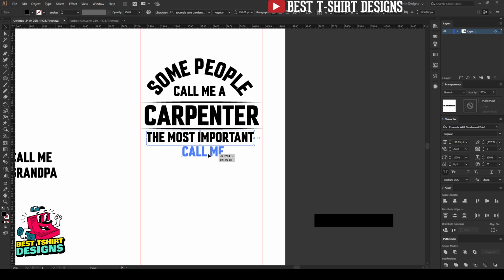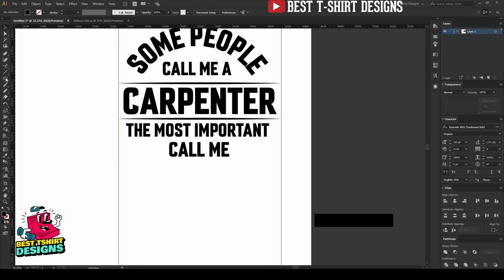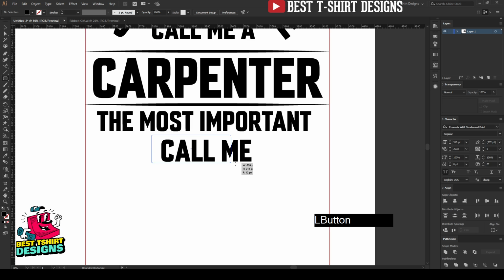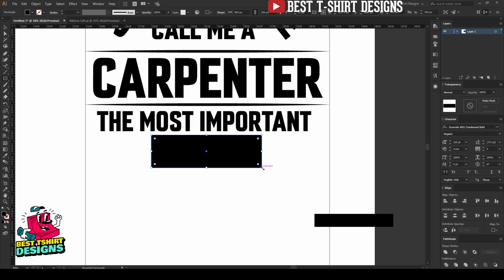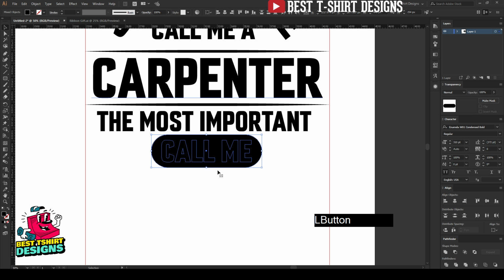And then there is another text that is "call me". So let's create something else to make that text stand out, kind of like this. But I want to make it a rounded corner like this. Control X, Control B, cut, pasting back. Now this text is not important, so I'm breaking it, this "call me". Then I'm selecting this shape. I can align them center-wise like this.